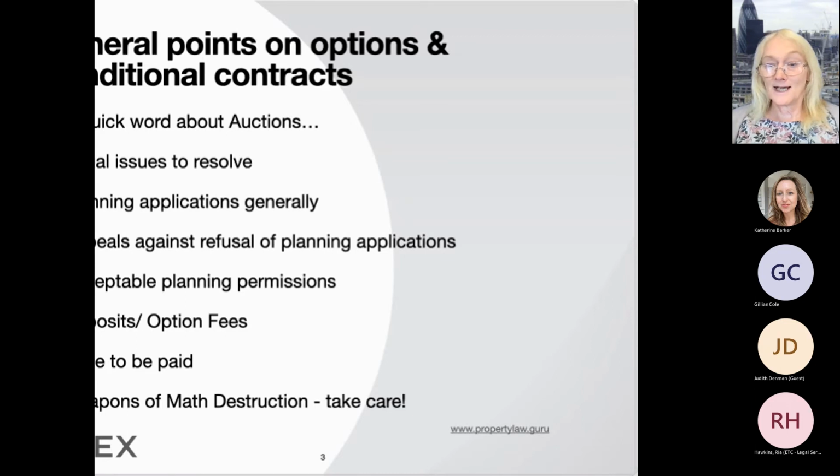So it's got big letters. Yeah, it's really an option agreement, Gillian and Ria. See what I mean? You've said, oh, we've got a conditional contract. And I said to the seller, why on earth did you agree this? And they said that it was either an option or a conditional contract, but they could only agree a conditional contract if they had absolute discretion over the planning permission. But a conditional contract is better. No, it's not. It's the same. You've not really thought this through, so it's tough.